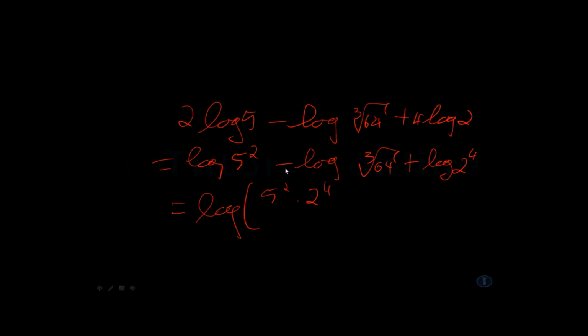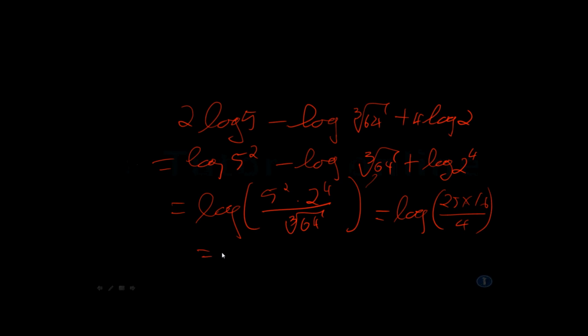If I apply the quotient identity to this part of the problem, this becomes divided by the third root of 64. And if I solve this problem, which I can easily do, this is equal to the log of 25 times 16 divided by 4, and this will give me an answer of log of 100. Now the log of 100 is the same as the log of 10 squared, and that is equal to 2 log of 10, and we know the log of 10 to the base of 10 is 1, so the answer of this problem